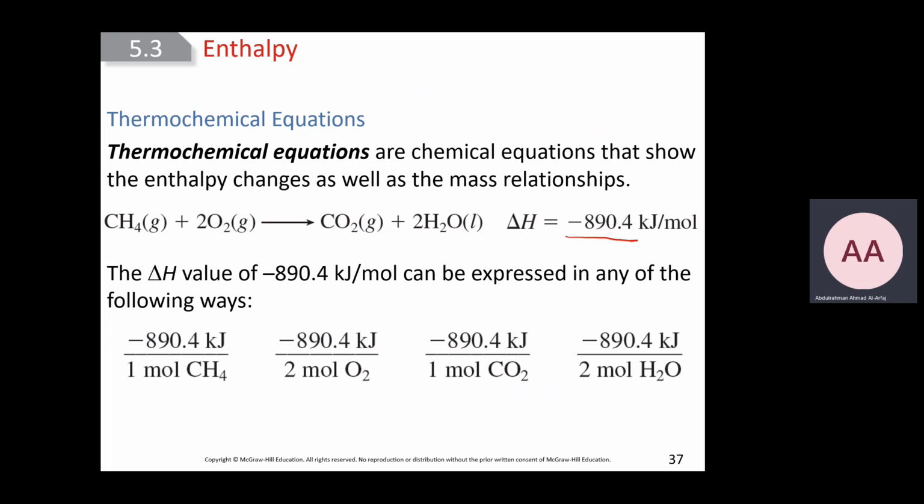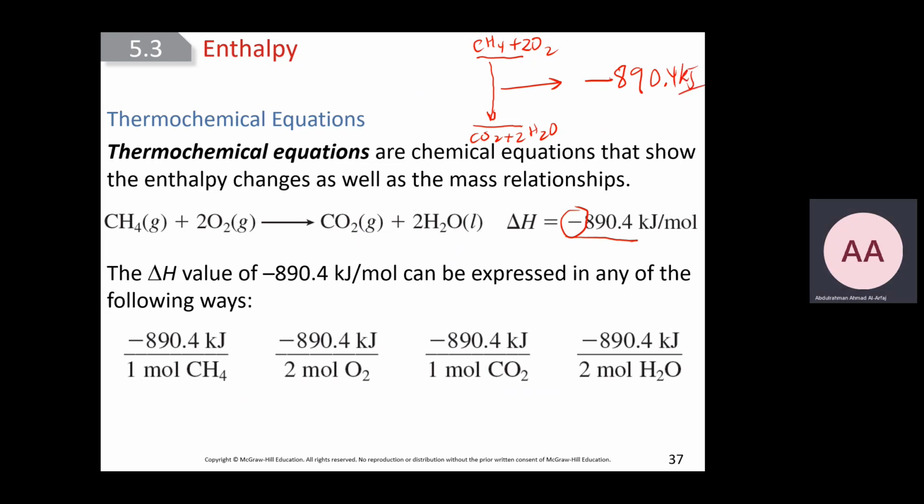So if we have any chemical reaction with, say, minus 890.4, what does that mean? That if we have reactants, the reactants are at higher energy than the product, which is CO2 plus 2 H2O. So if you go from here to here, you're going to give out energy. That's why it is negative. And the value of the heat that will come out will be 890.4 kilojoule